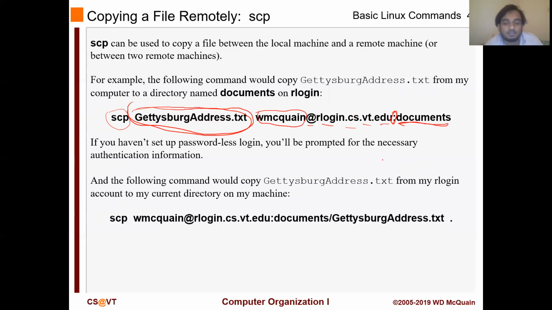Okay. So for example, there is another one like SCP, and okay, sorry, my bad. So that's something you will be using to copy something from your local PC to the rlogin. And if you want to copy something from your rlogin, you will be writing scp and then specify whatever file you want to copy from your rlogin and then put a dot. This dot is very important. It basically means that wherever you are right now in your terminal, you want to put that file from rlogin to that particular location. Okay,